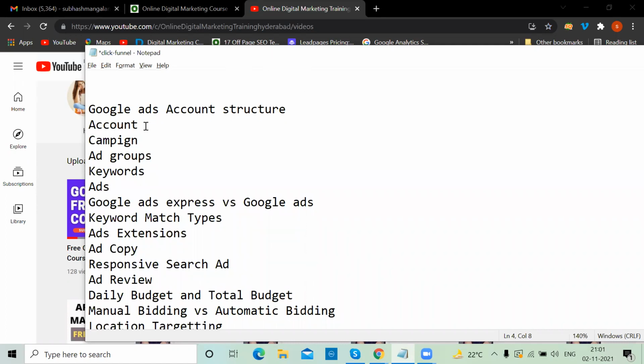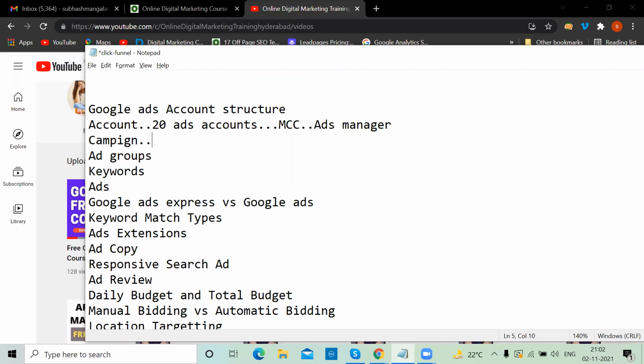Account is nothing but a Gmail account with which you'll be logging in. With one single Gmail account, you can create 20 ads accounts. If you want more ads accounts, like client A, client B, client C, in such a way 20 clients you can manage with one Gmail account. 20 clients' ads accounts you'll be creating. If you want more, instead of creating a new Gmail account, there is, previously they used to call it MCC account, now they're calling it ads manager account. You have to create it. So if an ads manager account is there, n number of ads accounts you can create. Okay.